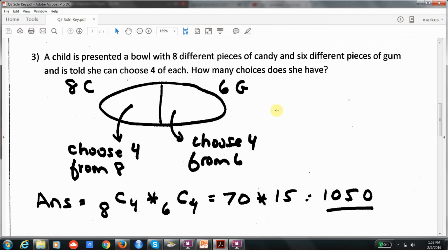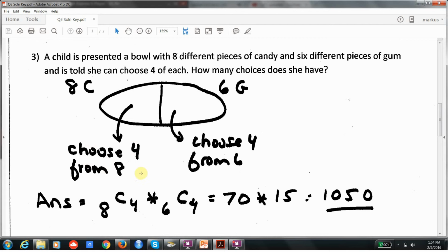And how many ways can she choose 4 pieces of gum from 6? Again, we're choosing 4 from 6 without replacement, and order doesn't matter. It's another combination. What messed people up who missed this problem was they added these. Okay? Then these are independent. So for each choice of 4 candies, she has 15 choices of gum. You can make a tree diagram, okay, where you could have 70 branches, and each of those branches would have 15 branches. The 70 branches would be the 70 choices, the 70 ways she could choose 4 pieces of candy